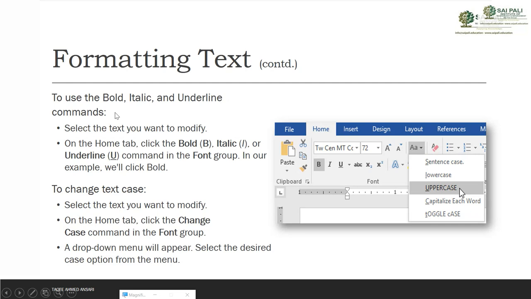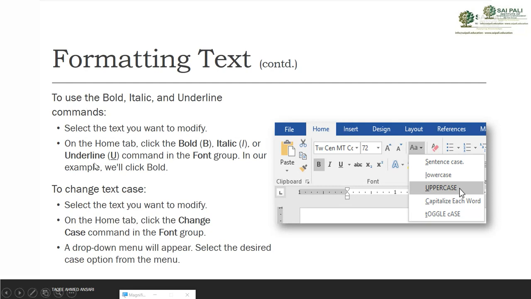That is available here in the font group. So we can make our text bold, or we can underline our text, or we can make it look italic, look different.